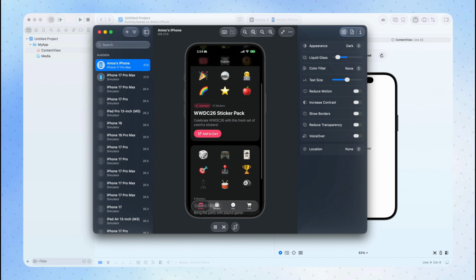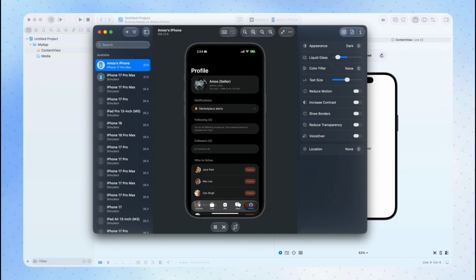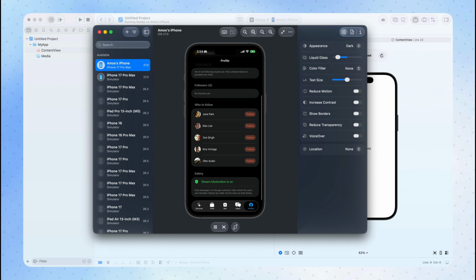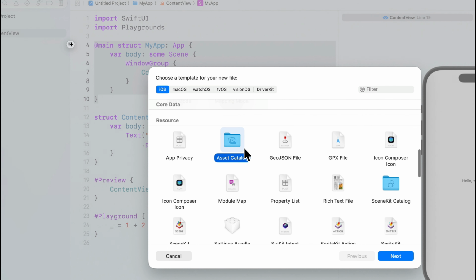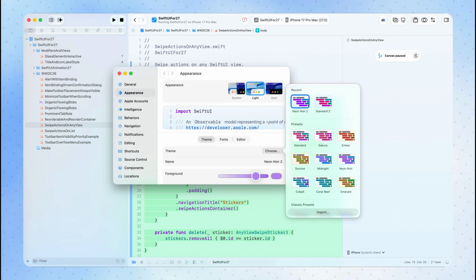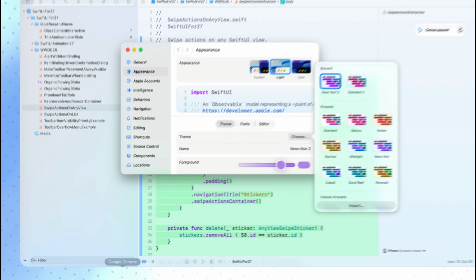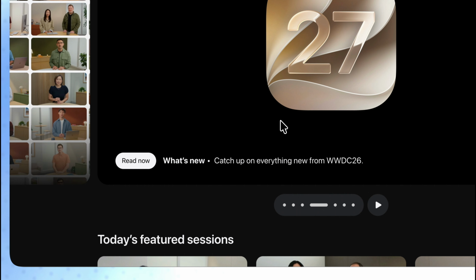Then we look at the device hub, allowing you to preview and evaluate your apps on real devices and also using a simulator. How to use the asset catalog in Xcode 27 is different, so we will look at it as well. Xcode 27 is now in beta, so to get started, you should log in to your Apple developer